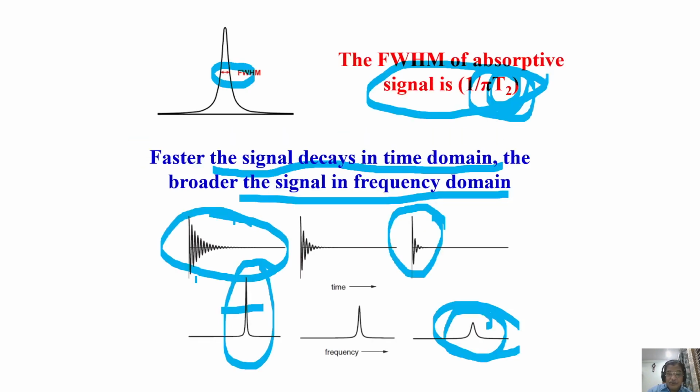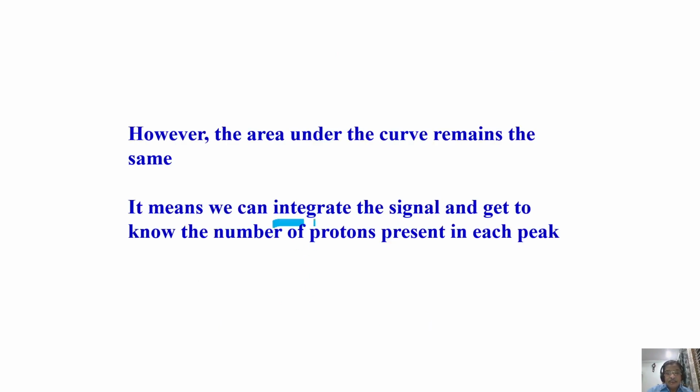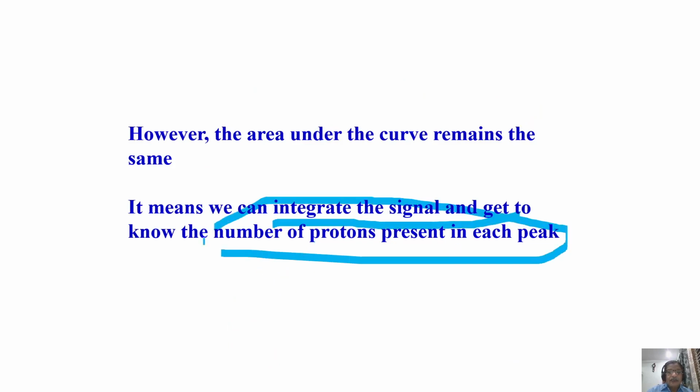But remember, whether the signal is broad or sharp, don't get confused. Nothing is happening to the area of the peak; it remains the same. Whatever happens, the area remains the same. So you can still integrate the signal and know how many protons are present in each peak. Remember, I will discuss this during analysis. The area of the peaks will tell us the number of protons present in that peak. You can compare relatively with some other peak. If I know a peak which has only one proton, relative to that you find the area of the other peak and find out how many protons are present. Remember, I gave the example of proton count with integral intensity with a couple of examples earlier.